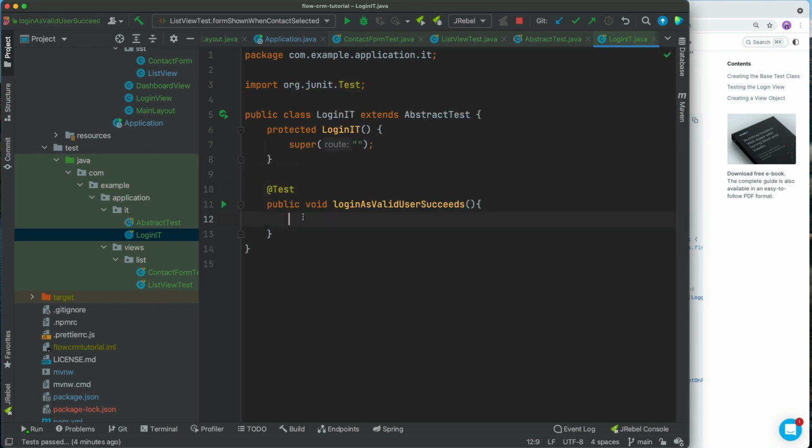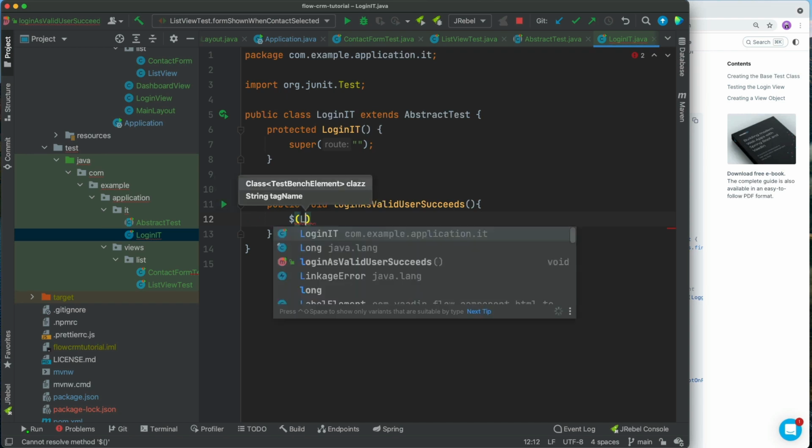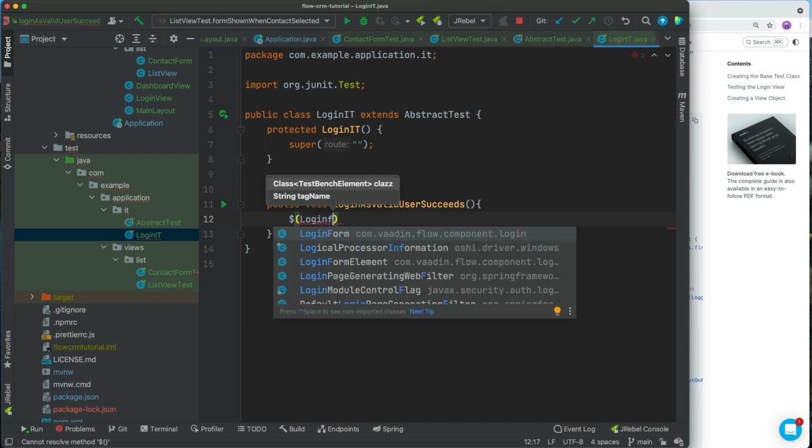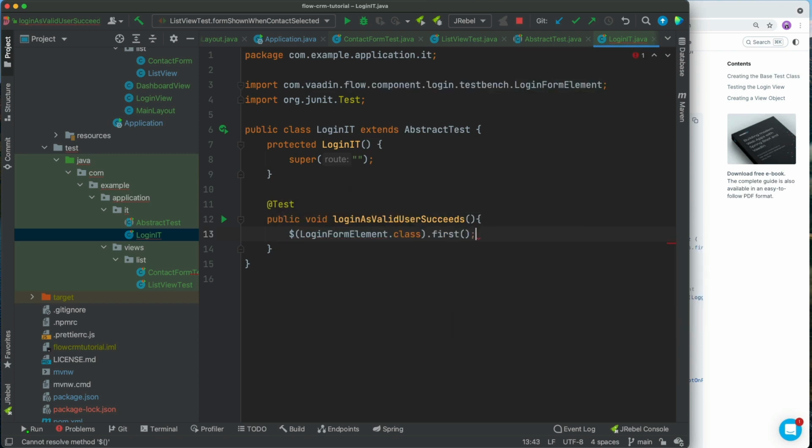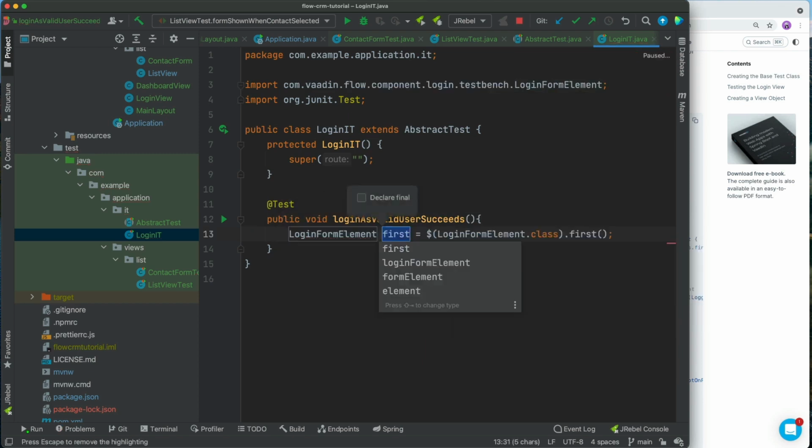And the way this works is that we can use these element selectors to grab hold of references to UI components in the browser. So in this case, I'm interested in getting the login form element, and I want to get the first one that's visible on the page. In our case, it's the only one. Let's pull this into a variable